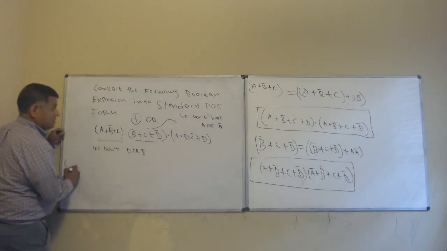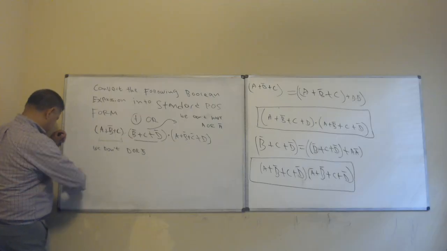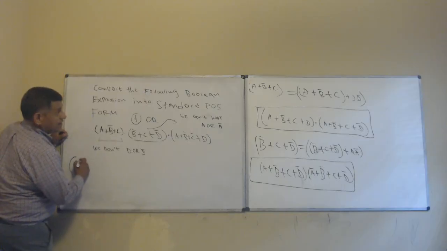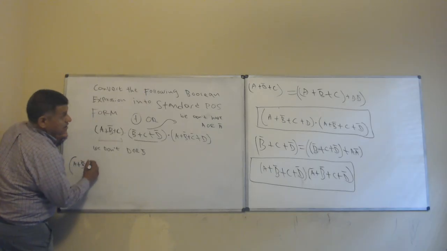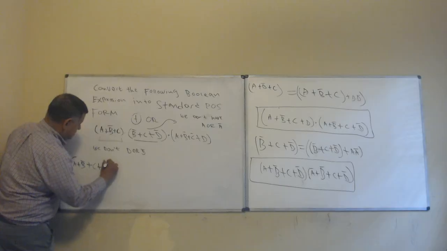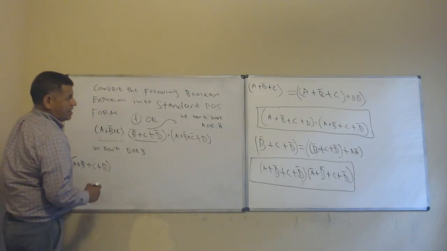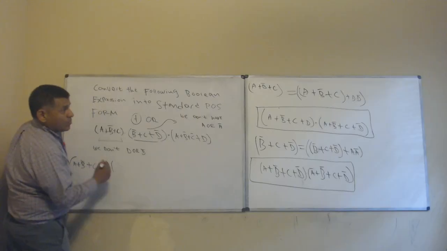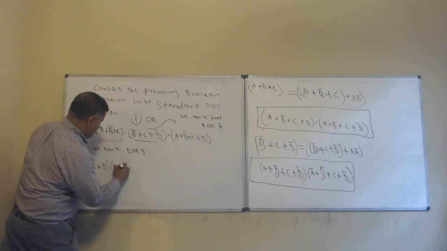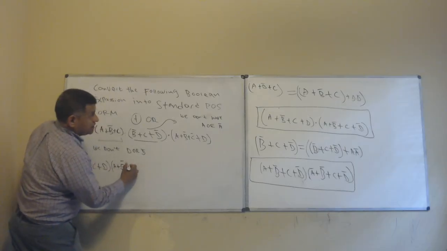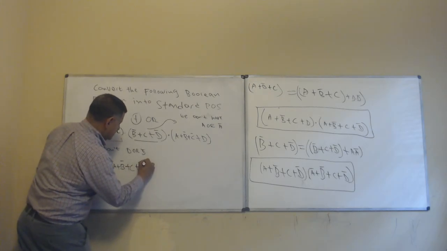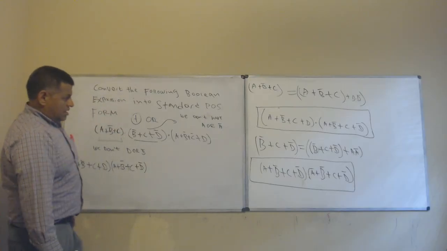We can say A plus not B plus C plus D, and with A plus not B plus C plus not D, right? Plus this, plus that, which is going to be